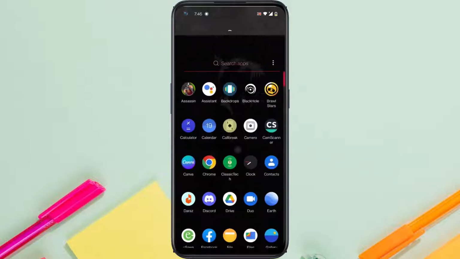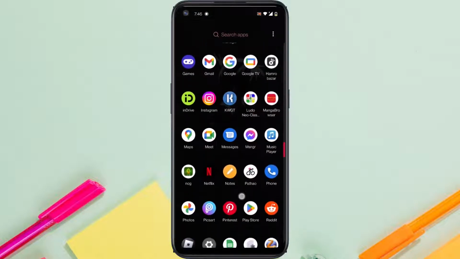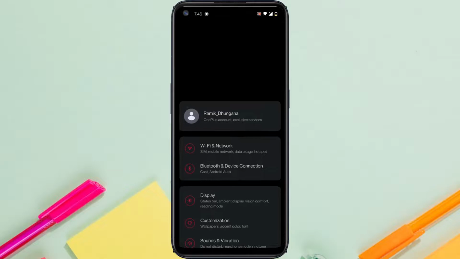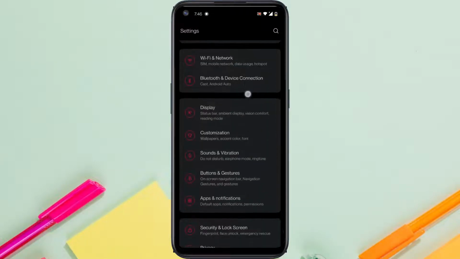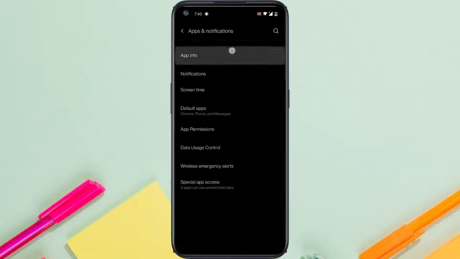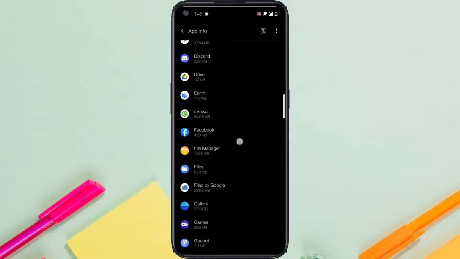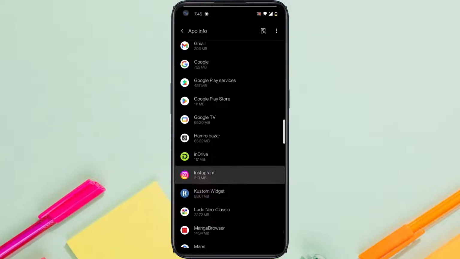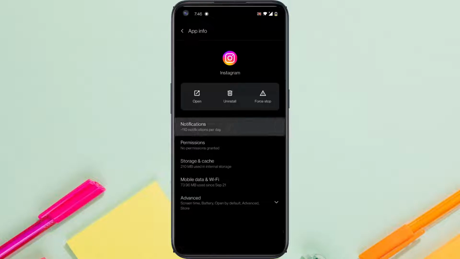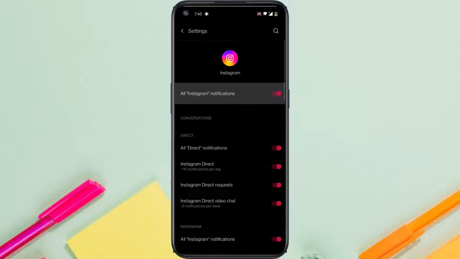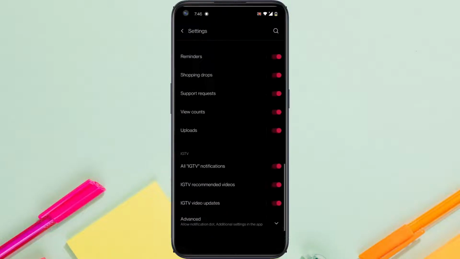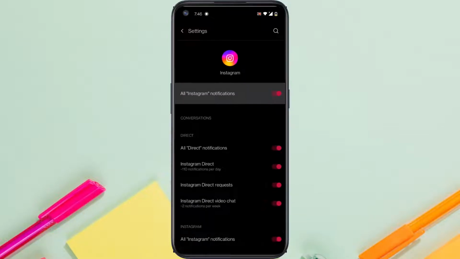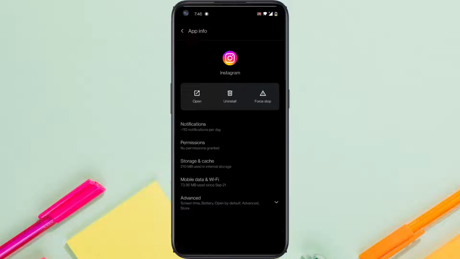But if your problem is still there, what you can do to fix that is go to your settings. After that, go to apps and then locate Instagram. Now go to notifications and then make sure all of your Instagram notifications are turned on. So once you've made sure your notifications are turned on but your notifications still don't show up, what you can